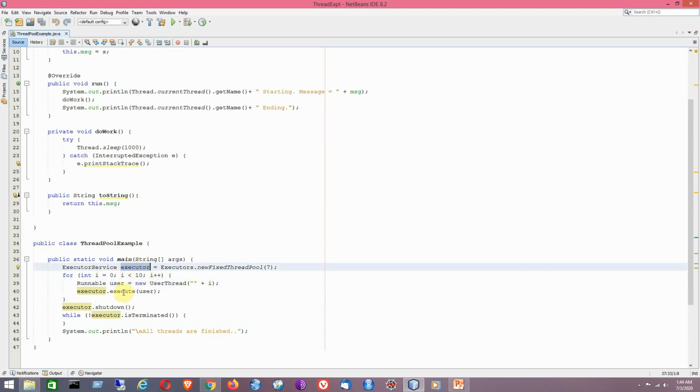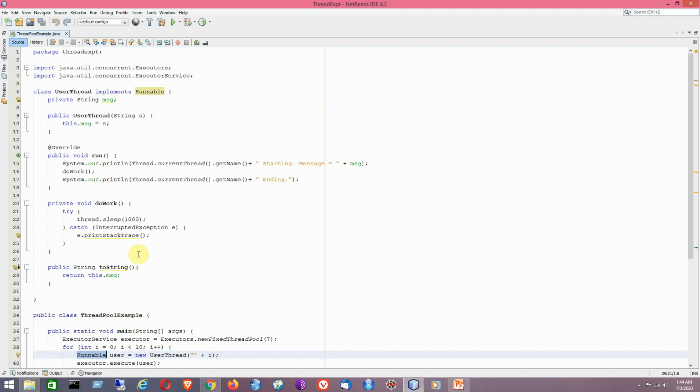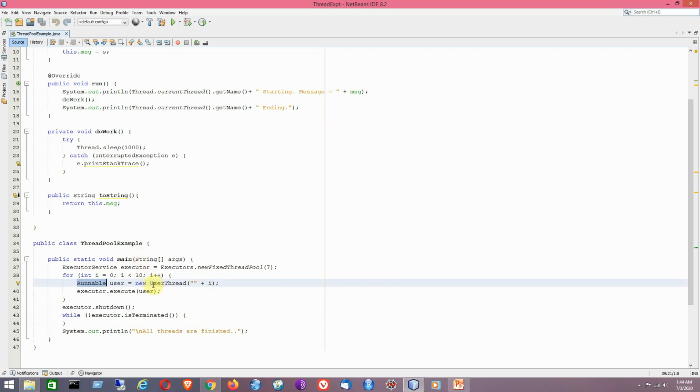By using the execute method, which is coming from the Executor interface, which is the super interface of ExecutorService, it will be executing a command at a given time. So here user is referring to the reference of the Runnable, and it is being initialized by the object of the user thread.